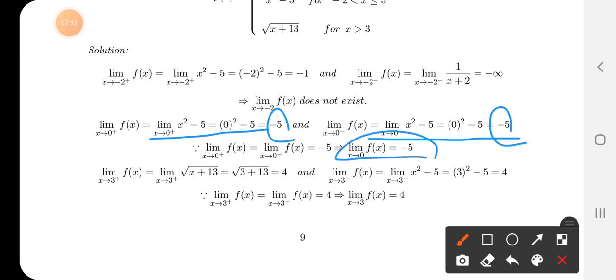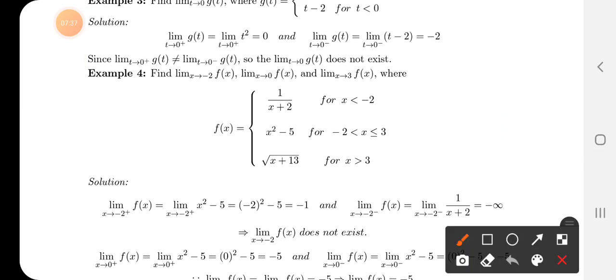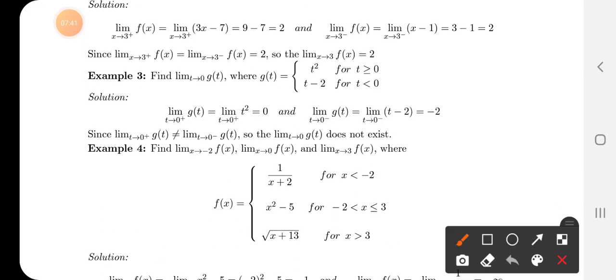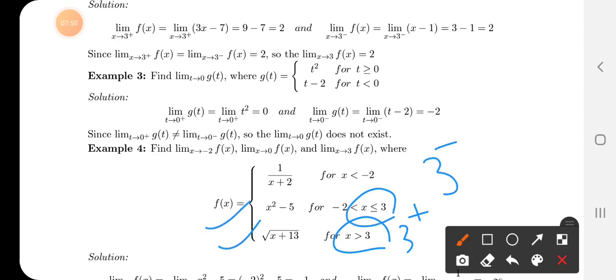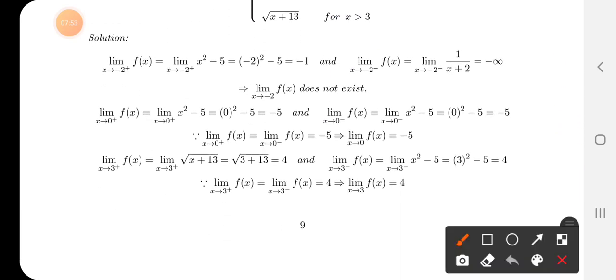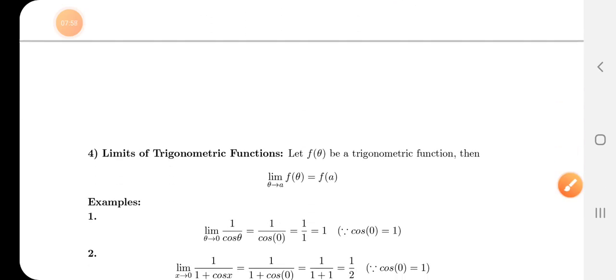थर्ड वन क्या था, लिमिट ऑफ f of x approaches 3 पे। 3 का लेफ़्ट क्या है, राइट क्या है, ये राइट है ऑफ कोर्स, ग्रेटर दैन 3, तो ये 3 का राइट है, और x लेस दैन 3 का मतलब है 3 का लेफ़्ट। तो लेफ़्ट के लिए ये फंक्शन है, राइट के लिए ये है, फिर उसमें 3 पुट करना है, और फिर आप देखोगे दोनों साइड से 4 आ रहा है, आई थिंक इसमें भी 4, इसमें भी 4, तो इसकी लिमिट एग्जिस्ट करती है।